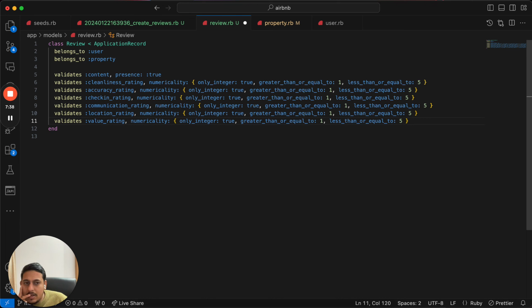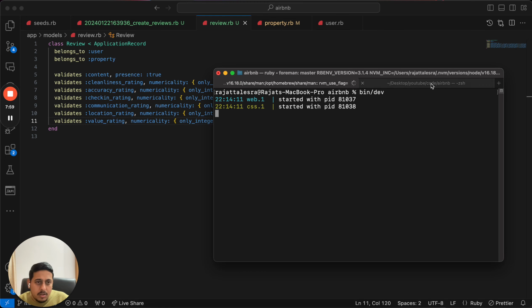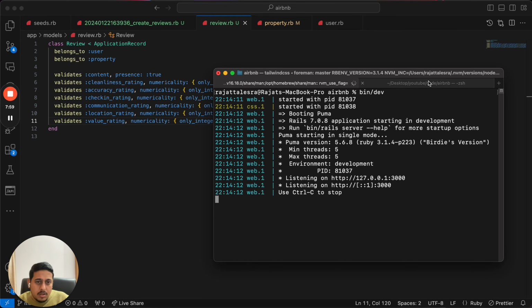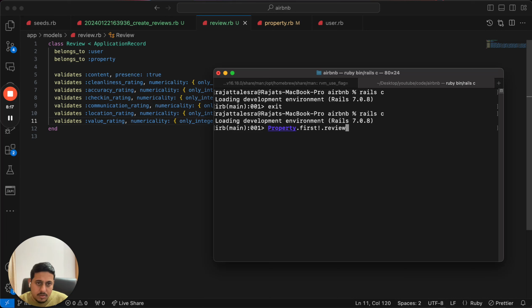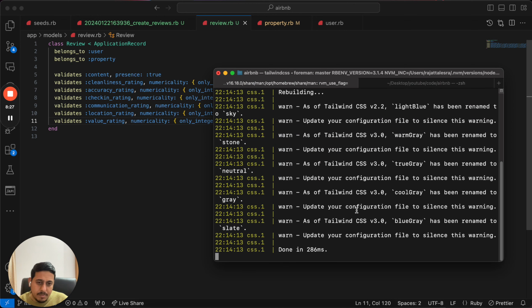Let's rerun our server. Rails, sorry, bin/dev, and let's try to find if we can actually access reviews or not. Right now we don't have any reviews, but still it should be an empty array. Property.first.reviews. Yeah, it's an empty array. That means we can at least access these reviews. So let's exit this. Let's stop our server